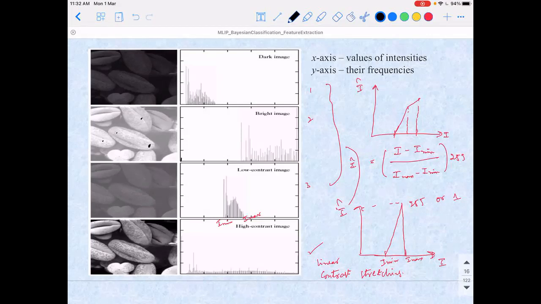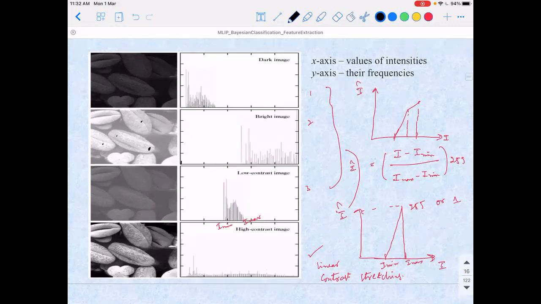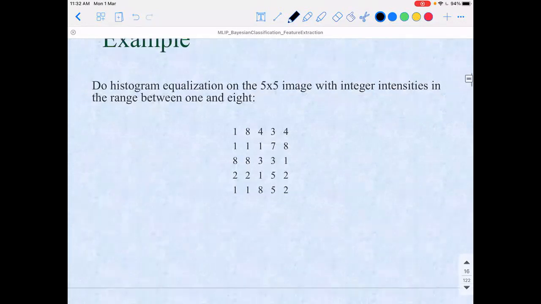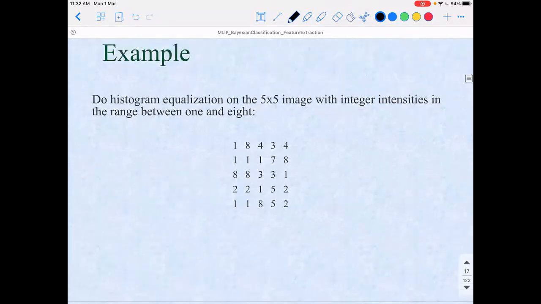But if it is not very easy, even if you remove noise, the pixel may come to here instead, so it may distribute up to here in the initial regions. So it may or may not always be possible. So there is a more elegant way of doing contrast enhancement or stretching, which is histogram equalization.